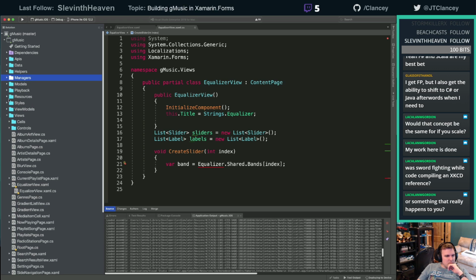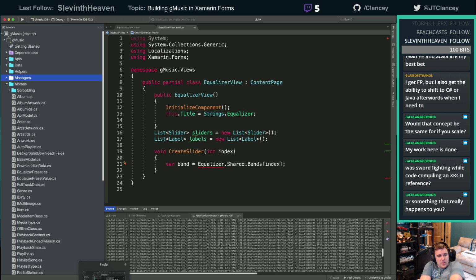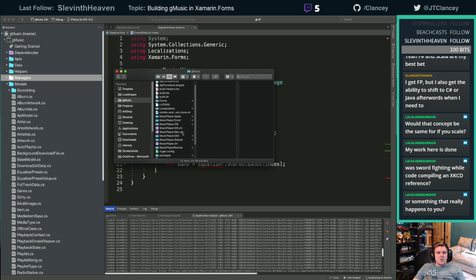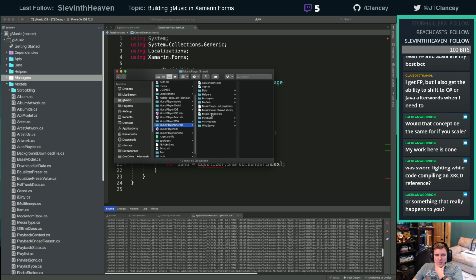Did I do anything with the equalizer yet? I have not done anything with the equalizer yet. And I didn't like the old equalizer, so we're going to rewrite it. So we're just going to go grab from old gMusic, shared. We're not going to grab the whole equalizer file, I don't think.